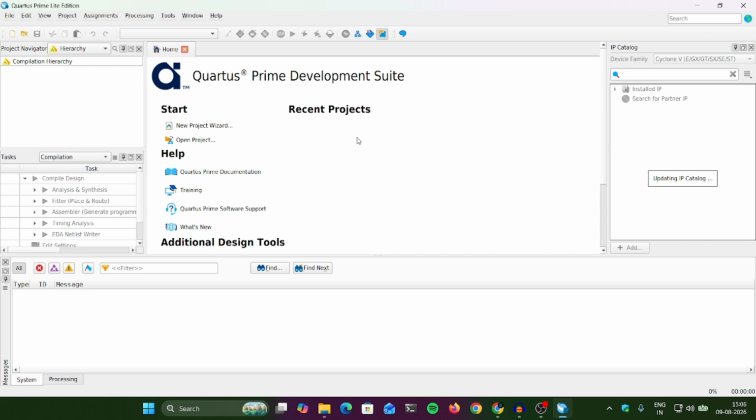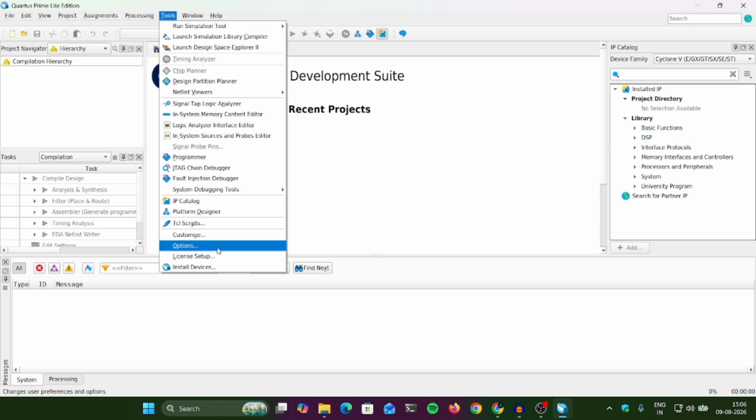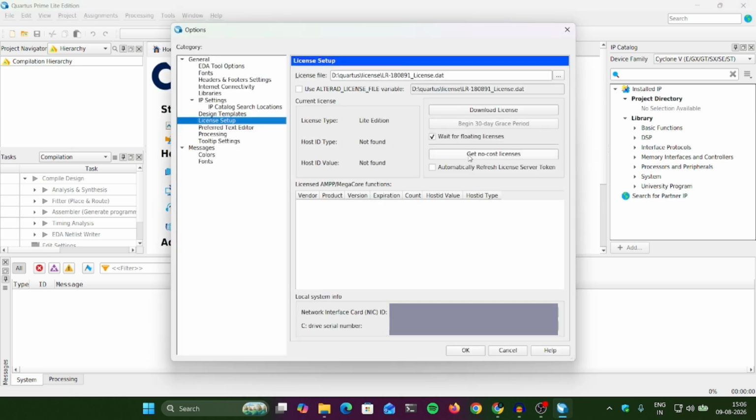So you don't really need to create another license. But if you get a license error, you can simply go to tools and then go to license setup, and here you can click on get no cost licenses. So when you click on this,